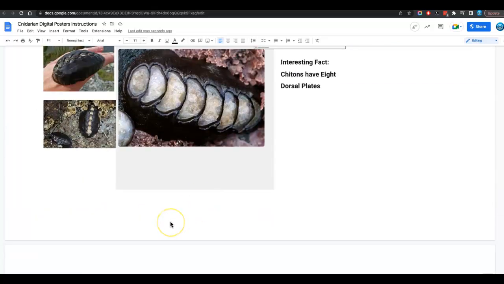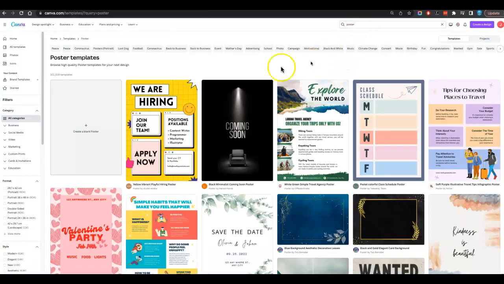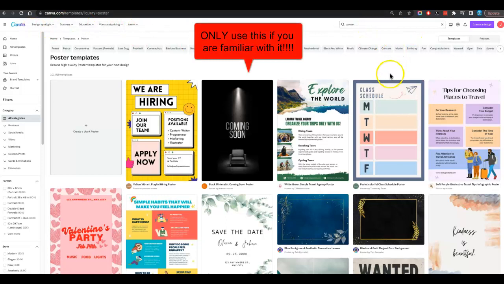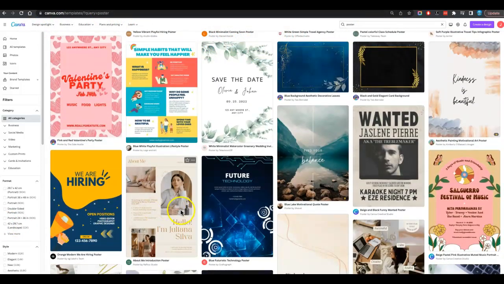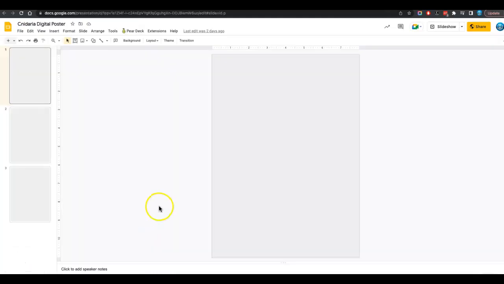I would recommend something like Canva if you've used it before. You know, maybe for example here in Canva you can type in poster and it'll give you a template and you can play around with that, but only use it if you've used this before. If you've never used Canva before, then just pick something easy to work with,